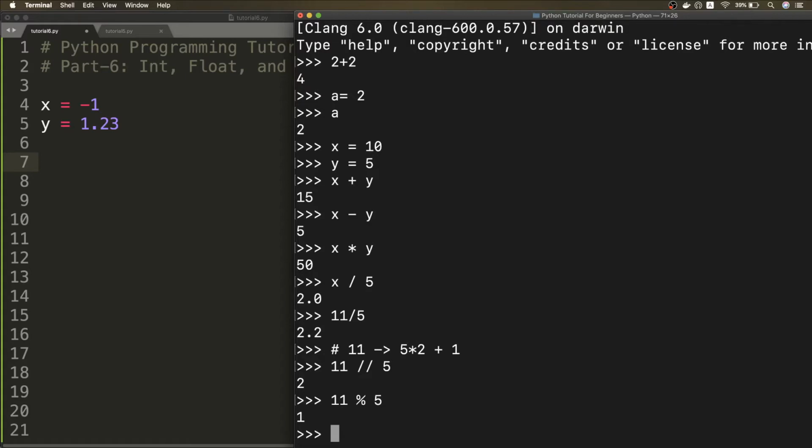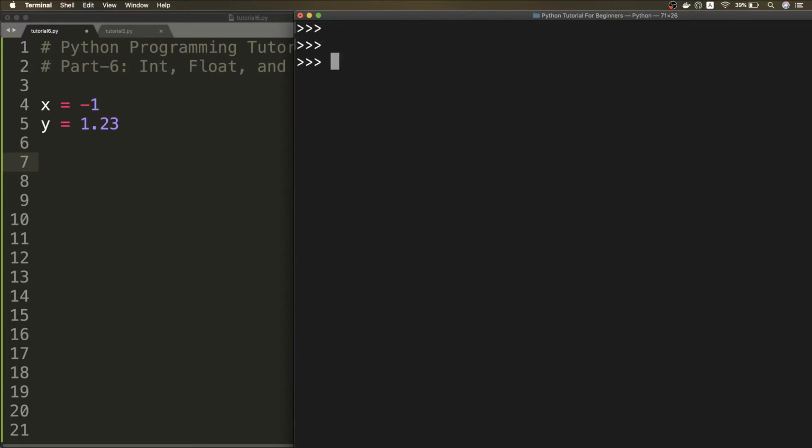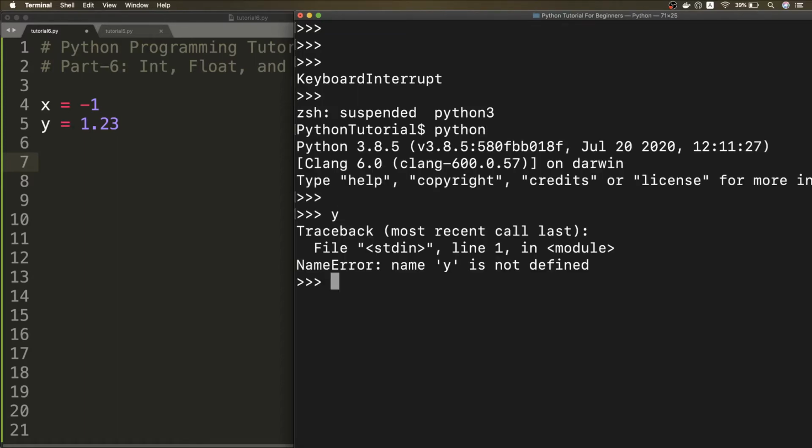So these are the 6 operators that I discussed. Now there is one more operator, that is exponentiation. When we want to raise 4 to the power of 2, 4 to the power of 2 is 16. For exponentiation we use double star like this, so we get 16 over here. Let me just clear it. If you don't have a shortcut and still want to clear your screen, you can simply come out of it using Ctrl+Z and then start a new one, but then all your variables get lost. So we talked about all the 7 operators that we have.